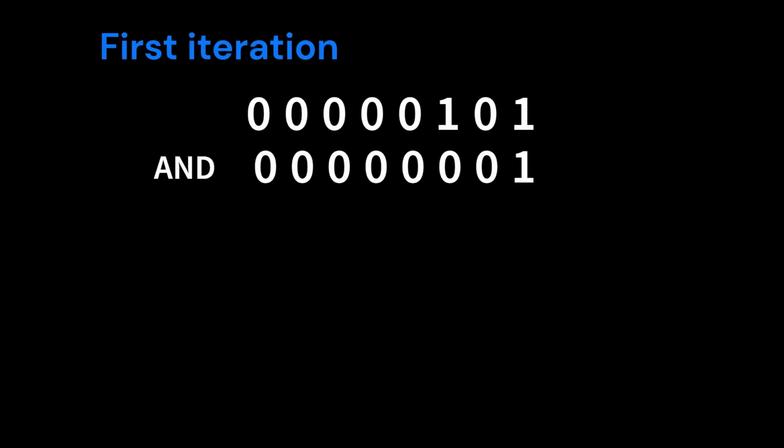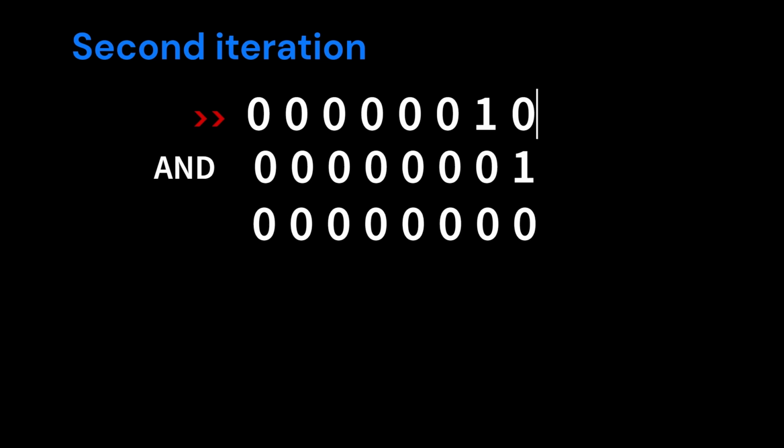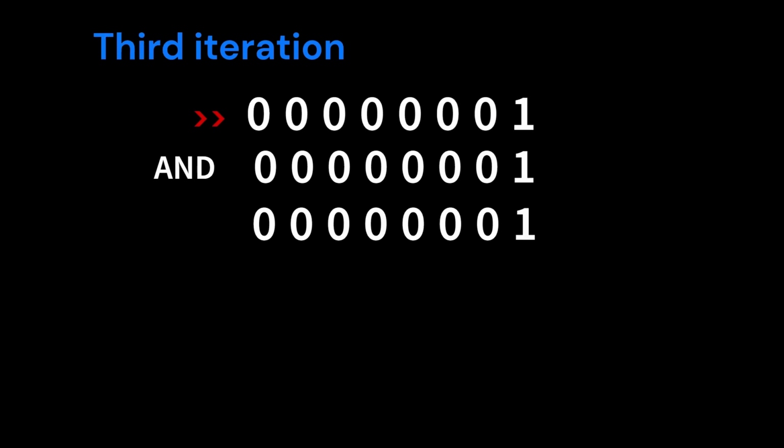Let's assume input is 00000101. Now if we do bitwise AND operation with the input and 1, we will get 1 if LSB is 1, or we will get 0 if LSB is 0. Now in second iteration, if we right shift the input by 1 bit and do AND operation with 1, we will get 0. Similarly, in third iteration, by right shifting input and doing AND with 1, we will get